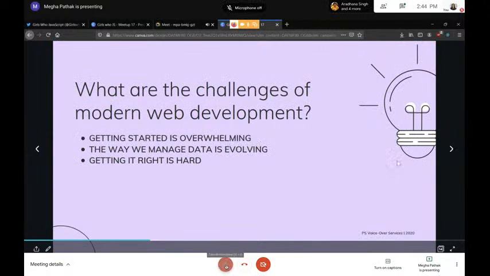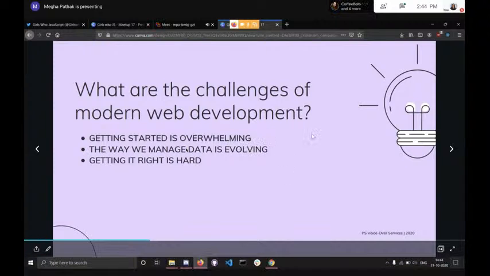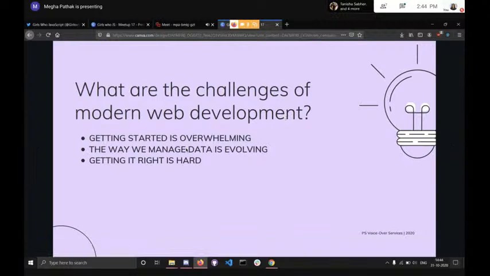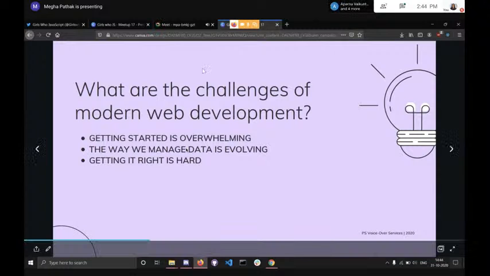I made this whole presentation pretty basic since I had no idea who all would be joining. There are a few challenges with the modern web. The very first thing is that we have so many technologies just to build the front end, and when it comes to the back end, we have another set of so many tools.